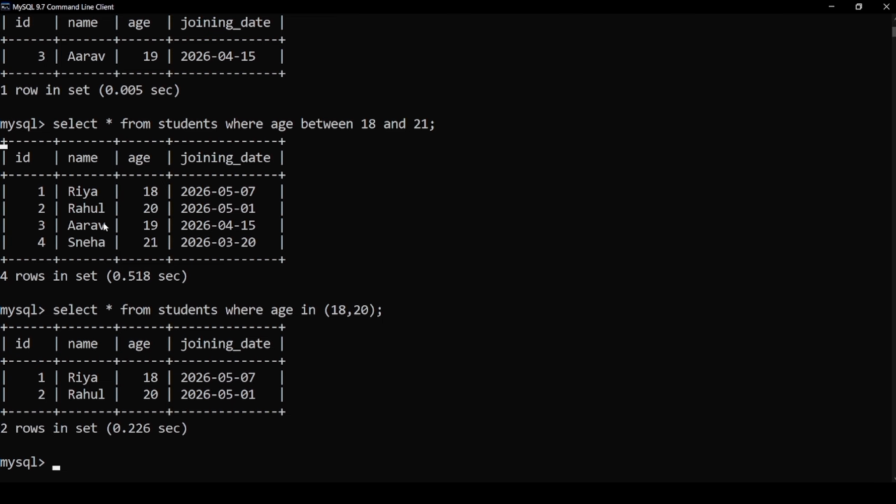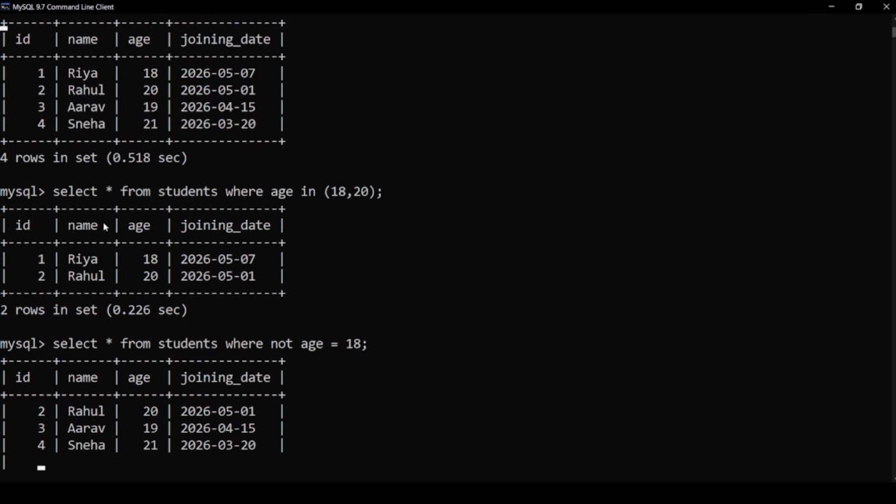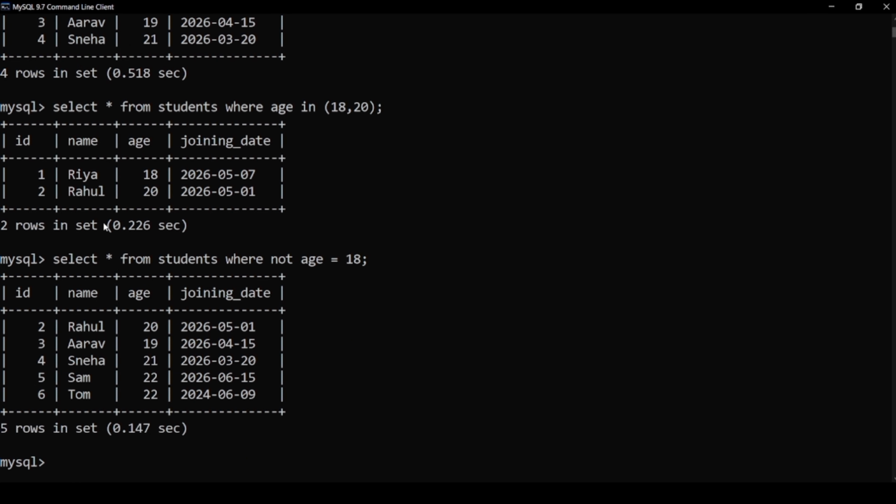Next, we are going to use the not keyword. So not is basically used to exclude the matching records. So I'll write here select star from students where not age is equal to 18. Now here, not means it will exclude the matching records.